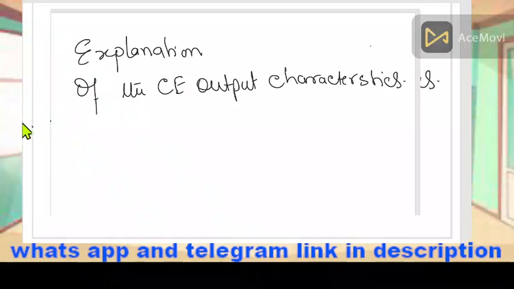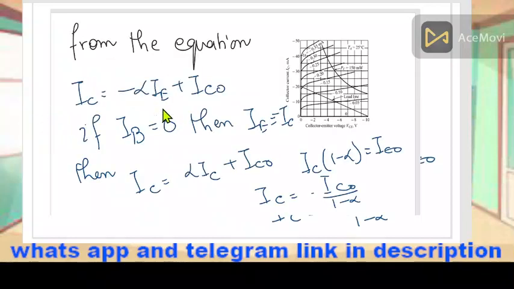Now to proceed further, we take the equation that I discussed in the last lecture, that the collector current IC, how it is related to the emitter current, and this is the minority current or the leakage current. This is the graph that you can observe. Now if the base current, the input current, is made 0, then IE is equal to minus of IC. Minus is taken because the directions are different.